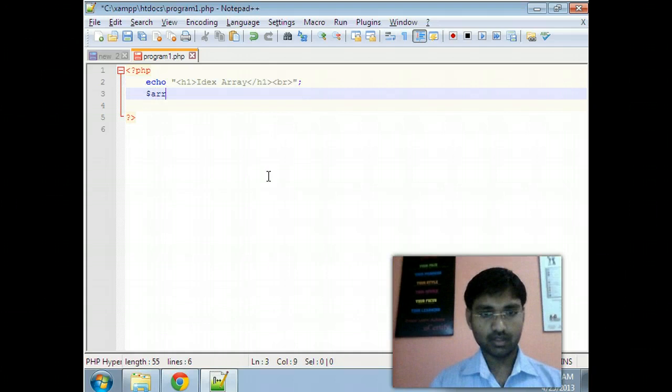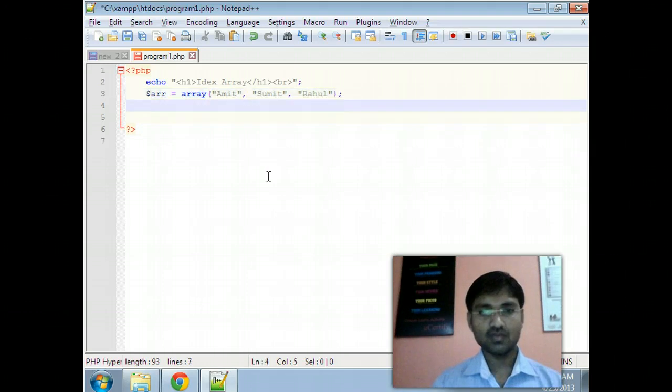Here I am going to create an array with the help of the array function, and going to print this array by using print underscore r.